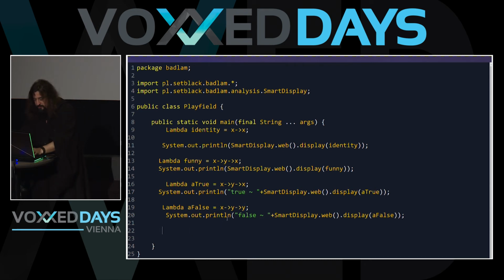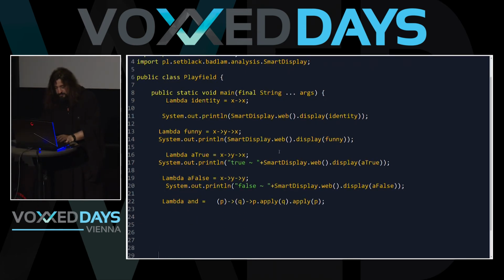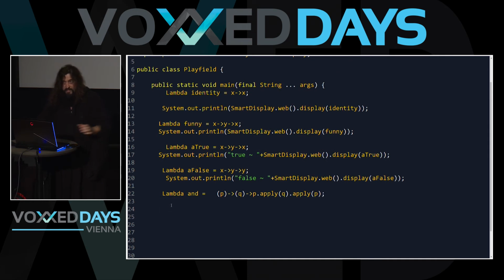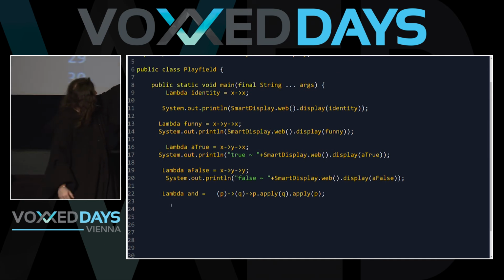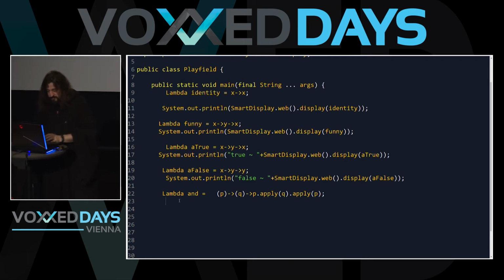So there is no coincidence that they are called this way, because we can create this lambda like this. And it's a function that, okay, let me put it here. It's a lambda that takes some p and returns other lambda that takes some q and returns p applied to q applied to p. This way, okay? Sounds crazy, but that has the purpose. And by the way, I will display it a little bit differently, because if I had displayed it standard way with my standard smart display,